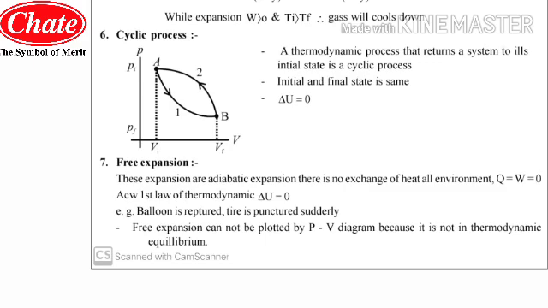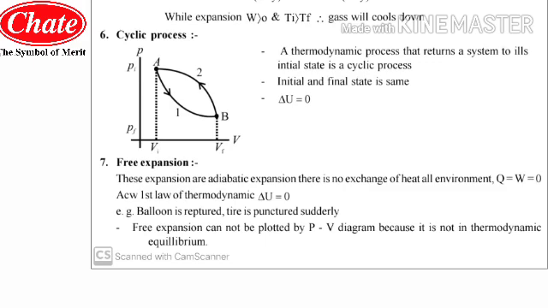And as the point B moves toward A, which you can see as path number 2, from B to A, the path is followed with a decrease in volume and increase in pressure. So during path 1 there is a decrease in pressure and increase in volume, and during path 2, that is point B to A, there is an increase in pressure and decrease in volume. These two opposite things happen during the cyclic process. So you may have understood this very easily, students.